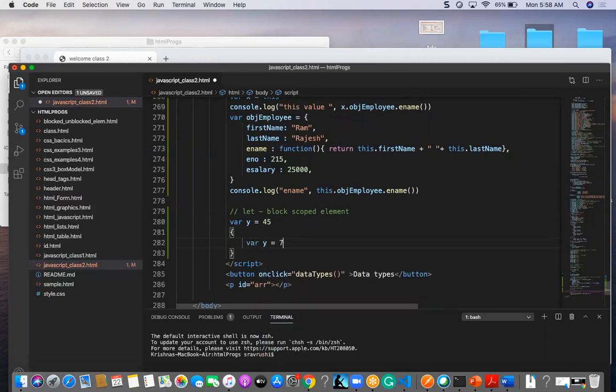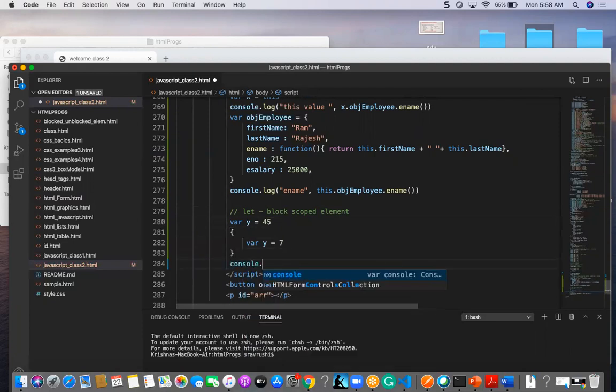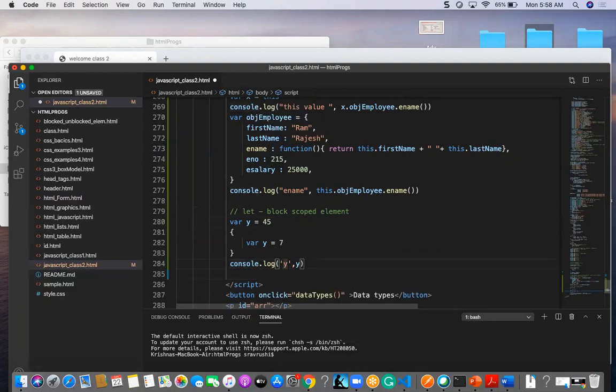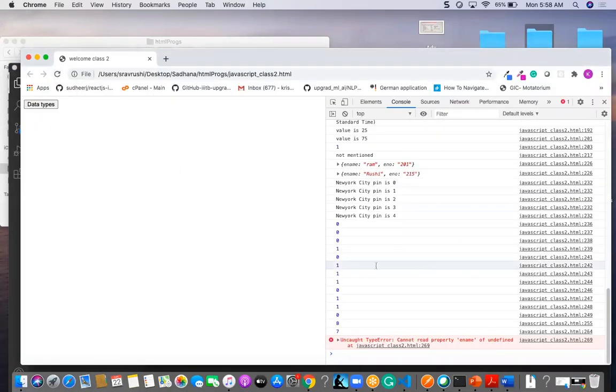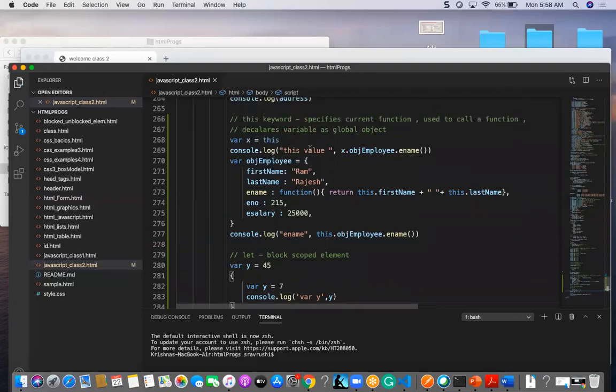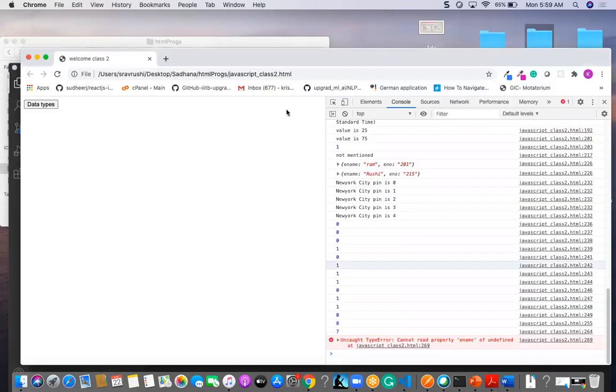To understand, let us think what is the value of var here. console.log of the y value, I am giving y, and also the var y inside this block.